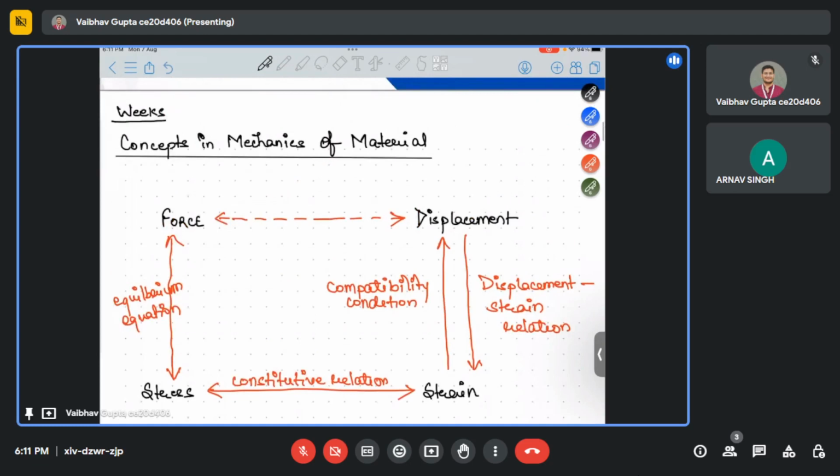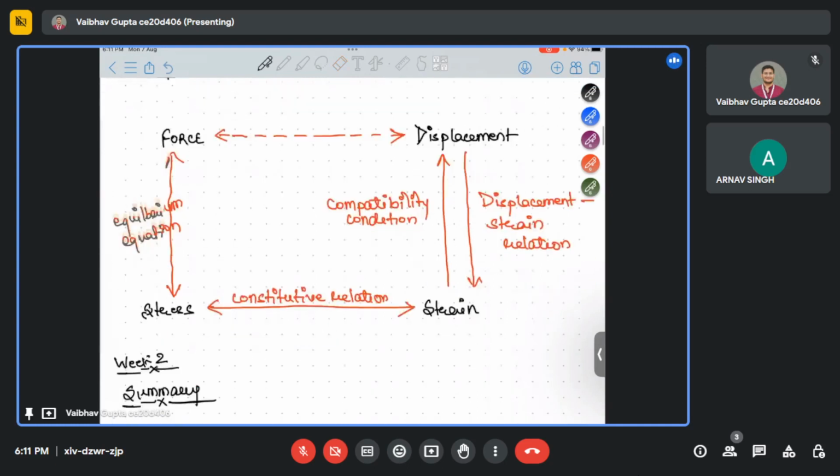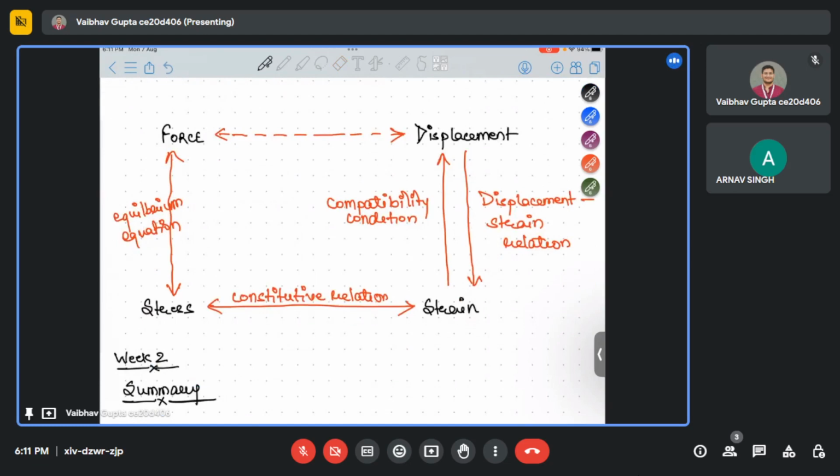So what I told, like in week 1, we saw the basic concepts to be covered in mechanics of material. So in week 1 we saw that 4 concepts are there, which